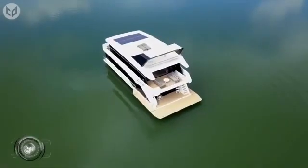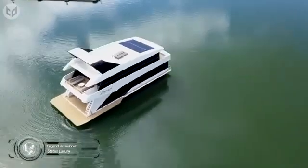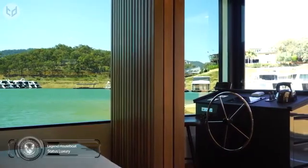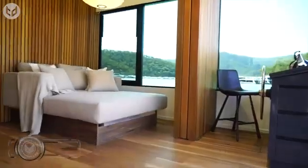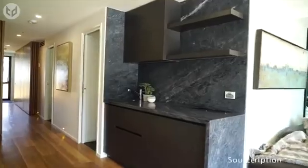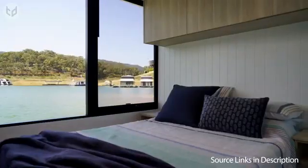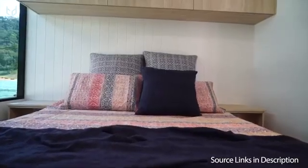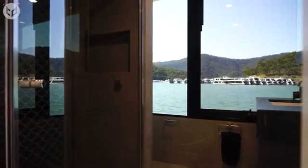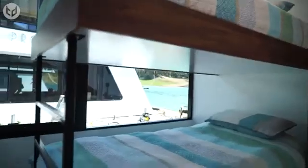First off, we have the legendary houseboat by Status that really leaves behind any house on land. Starting with the driver's seat, which already looks comfortable enough that the driver can spend all their time here. In total, this houseboat has about 4 large bedrooms, and since it's the deluxe model, it's all perfectly furnished. Moreover, it's the maximum size that's legally allowed on the water, so you best believe it's big enough to fit